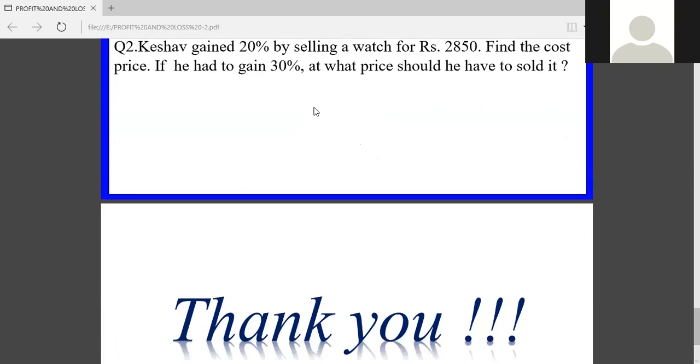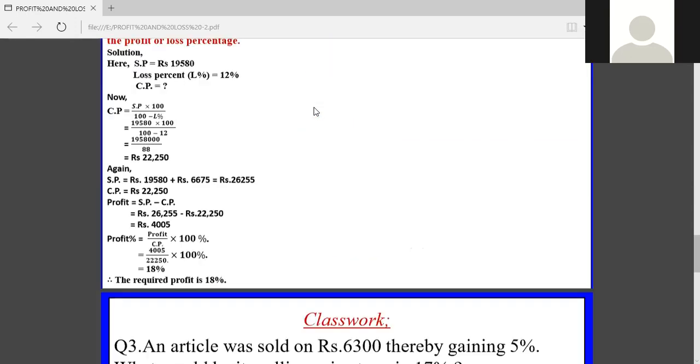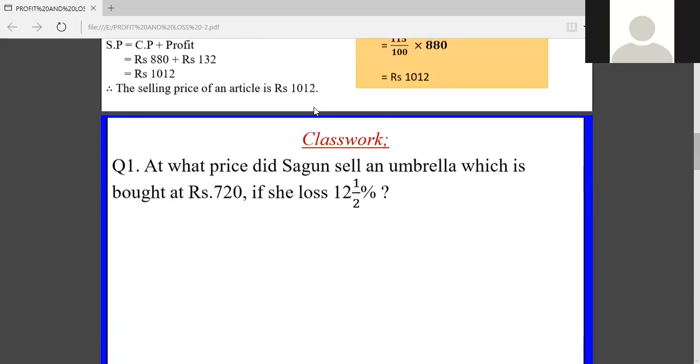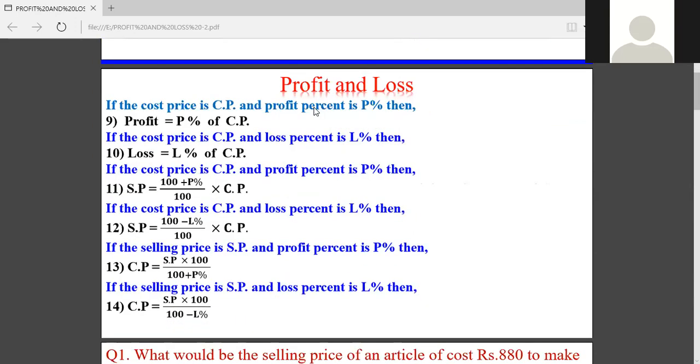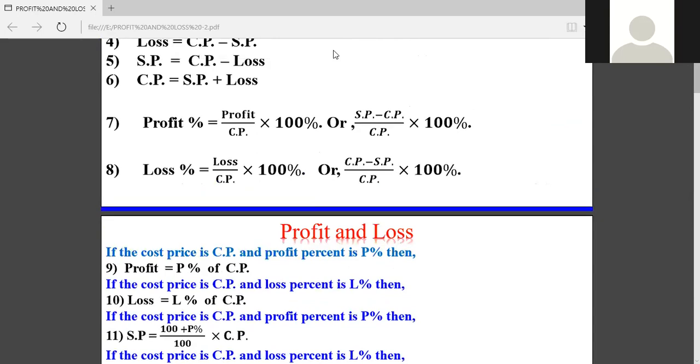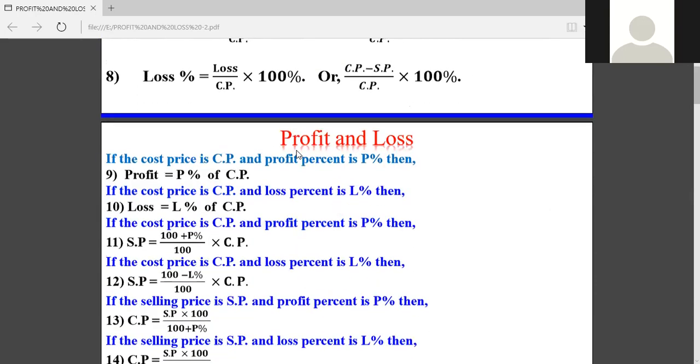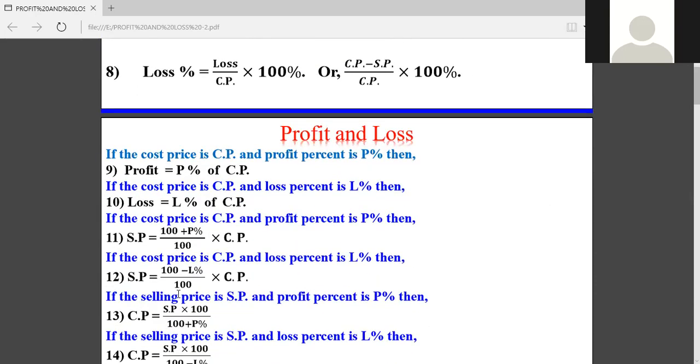Now look here. Now I am going to solve the question for you from this already solved one. This formula I have already explained. Now look here. Can you download this profit and loss new formula? This second formula I had given yesterday.